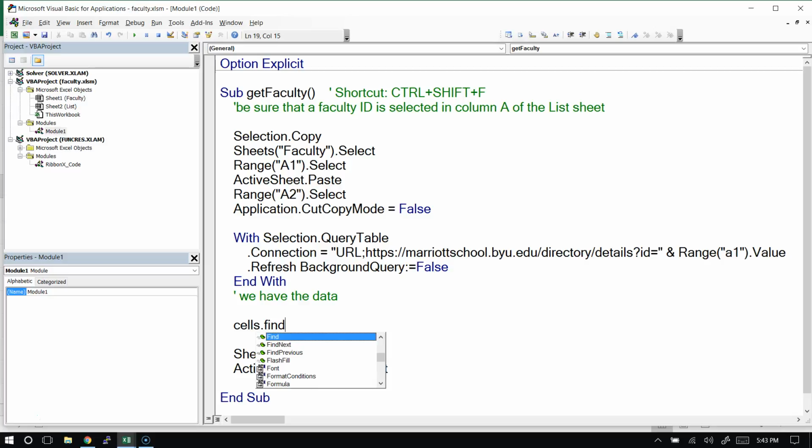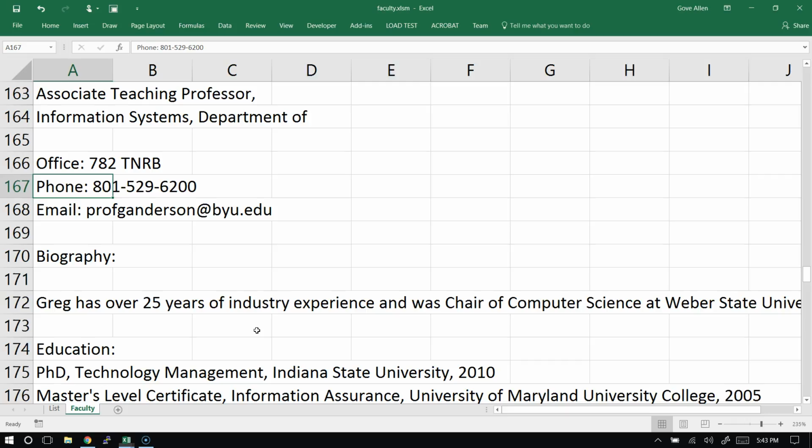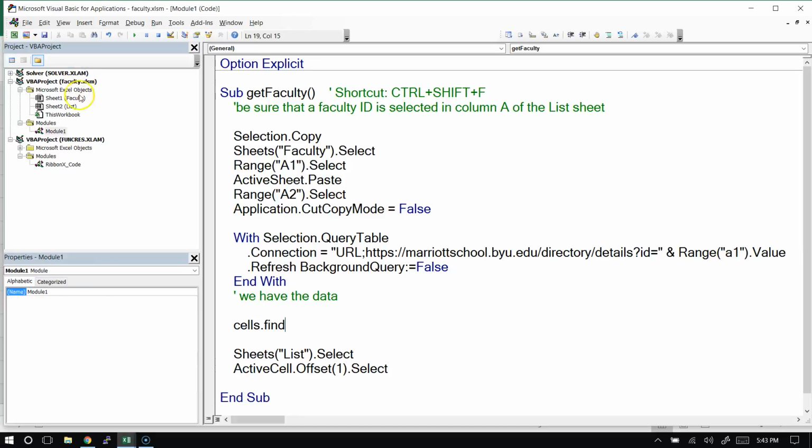Which cells are we talking about? All of them on the active sheet. Now, I happen to know, looking at this, I'm pretty confident this is only ever going to come in column 1. It's not going to sometimes show over here in column F or column A. And so I could limit this to say, you know what, I don't want all the cells, I want columns,